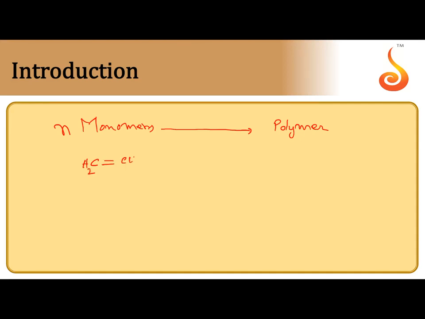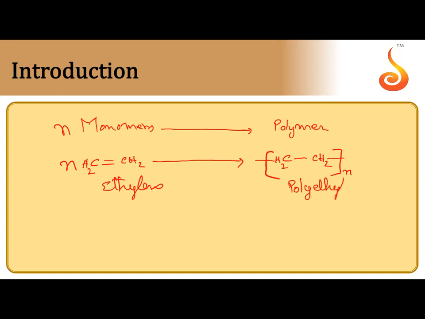Let us take ethylene. You take n number of ethylene molecules, which under suitable conditions undergo polymerization. The C=C pi bond is broken, so each carbon gets attached to the adjacent ethylene molecule. So this is the repeating unit. This type of reaction is called addition reaction. The name of the polymer is based on the name of the monomer. The monomer is nothing but ethylene, that's why polyethylene. If you use the IUPAC name ethene, we get polyethene. So this is addition reaction.